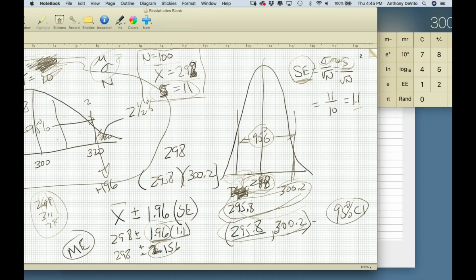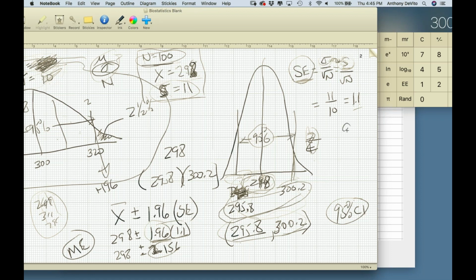Because we're only 95% certain. If I wanted to be more certain, then I would use a Z or T score. I will get to in a second which one we would choose. In this case, I'm using Z because I have a very large sample size, right? I use Z whenever I have a large sample size or I know the population standard deviation. Since that is rare, usually I'm using Z because it's a very large sample size. Okay, so